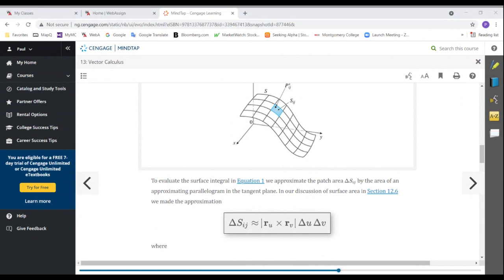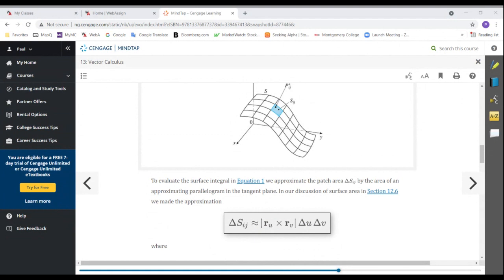One of the tangent vectors is with respect to u, the other tangent vector is with respect to v. And those two tangent vectors form a parallelogram, and the parallelogram approximates the area of the ijth patch. Now, how do we find the area of that parallelogram? Well, it is approximately equal to the cross product of the two tangent vectors, and then we